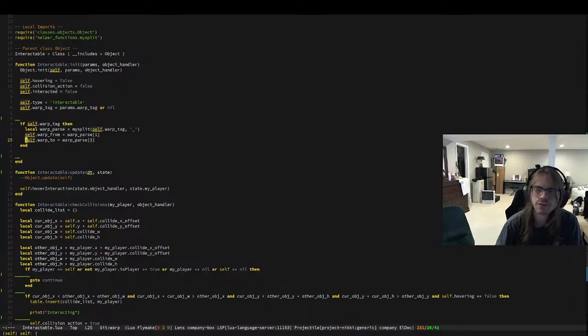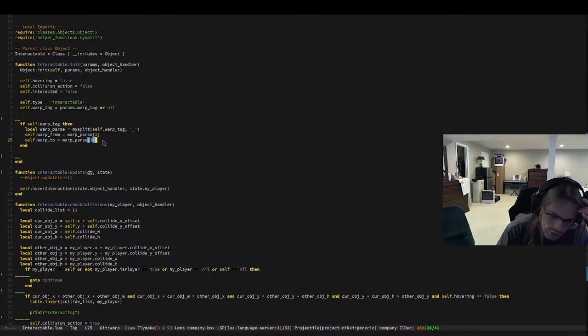Okay, do not want to do that. Now that we have basically an ID that comes from the tile itself, now on interact, we want to move the player